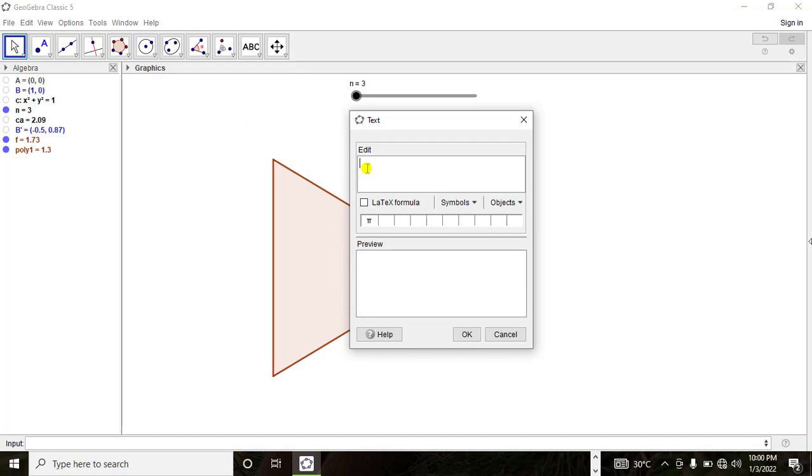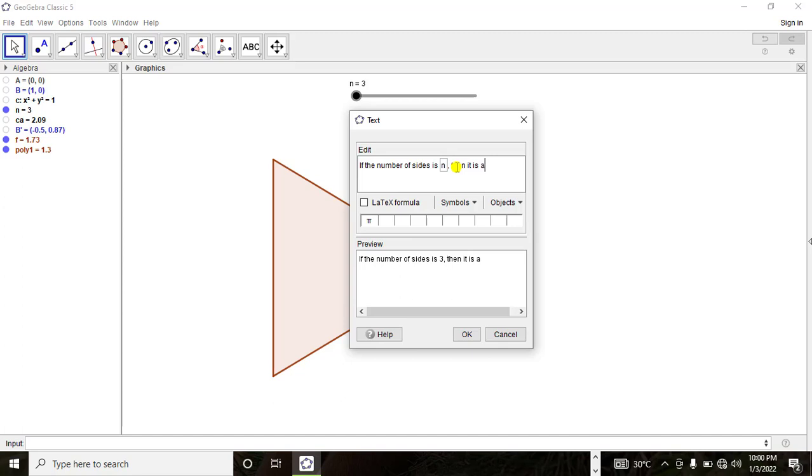If the number of sides is, now instead of typing in a specific number, I'll rather select N. So just come here, go to object and select, because these are all objects I have used. Locate the value of N. Here it is, then select it. So if the number of sides is N, comma, then it is